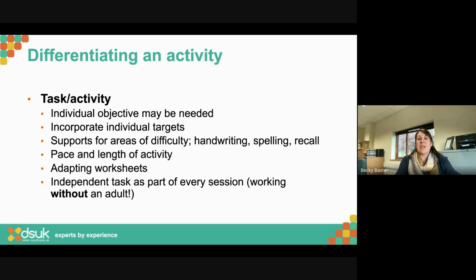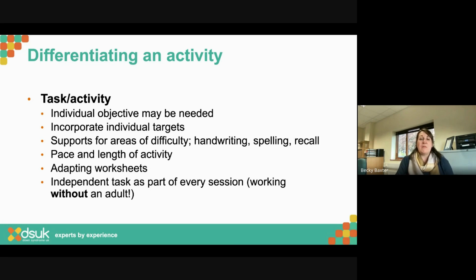If I'm having difficulty with handwriting, I might write one sentence or two sentences, but can somebody else scribe the ideas for me? Could I use a recorder? Audio or video recorder instead. Where are my spellings? I want them on my desk so I can use them, look back at them, go over them. Somebody's going to write the sentence, I can practice it, and then once I've seen it and rehearsed it a few times, maybe turn it over, somebody takes it with them while I have a go at writing it down.